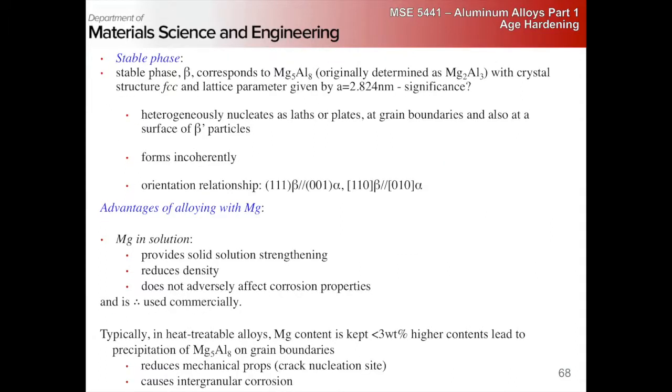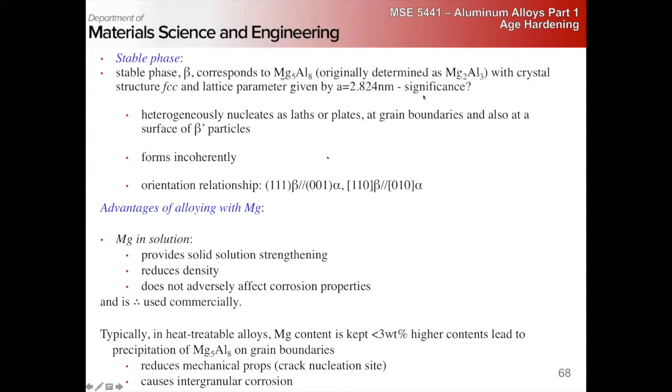The stable phase, beta. This is really important, a technologically important phase, because when it appears, bad things happen, generally. We want to avoid formation of beta. It's got the composition Mg5Al8. Older papers listed it as Mg2Al3, which is what I thought the composition was. It is an FCC-like ordered phase. It has a parameter of 2.824